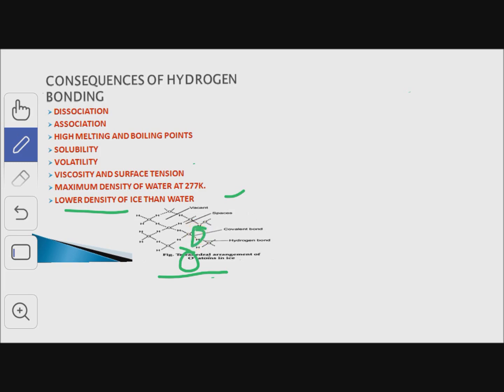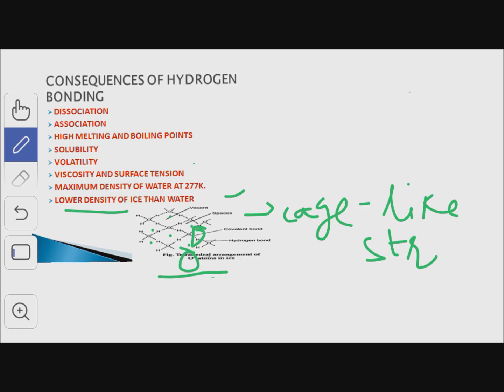These are the hydrogen bonds, and as a result of this, it forms a cage-like structure. This is a cage-like structure, and it has some vacant spaces